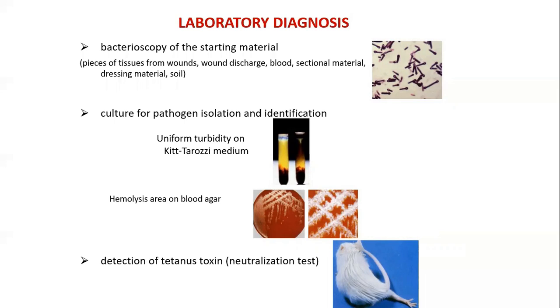Antitoxic serum is used to neutralize the toxin. Subcutaneous injection of the test material filtrate into mice in the presence of toxin leads to muscle spasm and body curvature towards the site of toxin injection. Detection of the pathogen is carried out by bacterioscopic and bacteriological examination of the material from the site of the